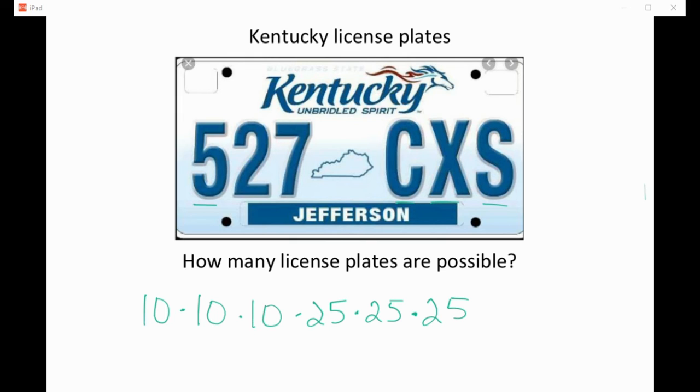All right, so that gives you 15,625,000 different options for license plates just in Kentucky. And if you'll notice, states with higher populations tend to have more letters or mixed up things, just to create more options if they expect to have more vehicles. So anyway,